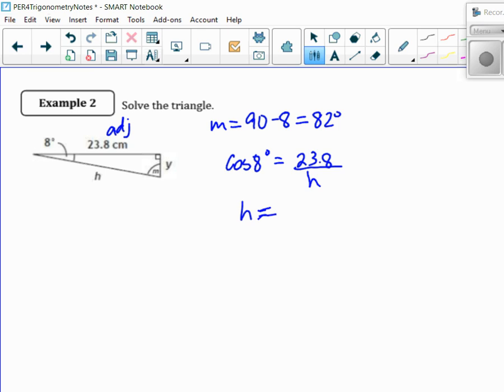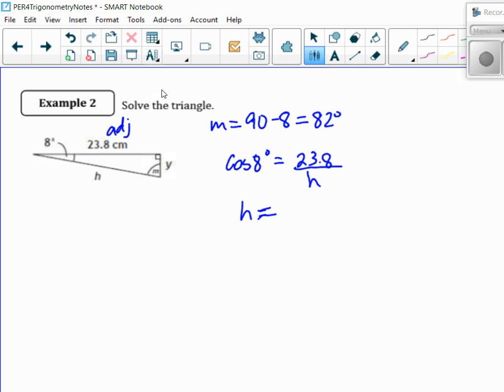Just so you know, I saw a couple people, they write this and then they go equals, equals, equals. They keep on going across. That's wrong. Once you do this, you need to say what h is, not what cos 8 equals. Do you know what I'm saying? You're solving for h. Tell me what h is, not whatever the last thing equaled. That's incorrect setting up. You got to get out of that habit of going equals, equals, equals. Use an arrow or something that shows your flow, but don't use equals, because you're actually stating that is equal to that. So divided by,